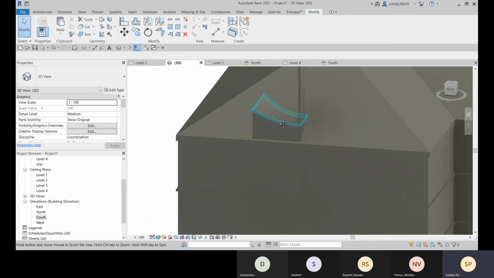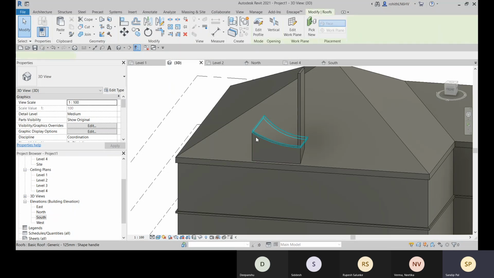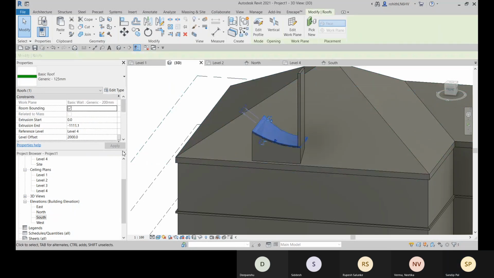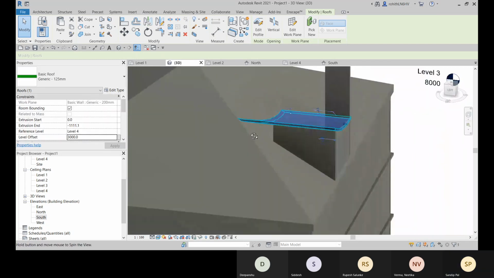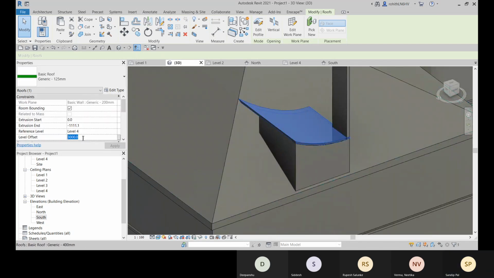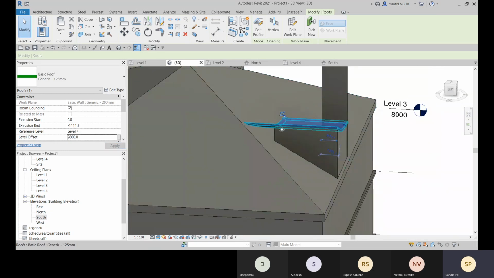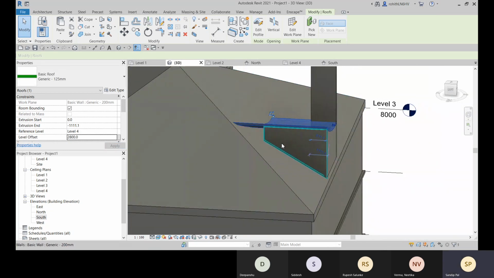Or else what I can do, I can give it more height. For this, I can give more height. Let me go with 3000. I can provide up to this height. 1800, go with that. Okay. And now let me